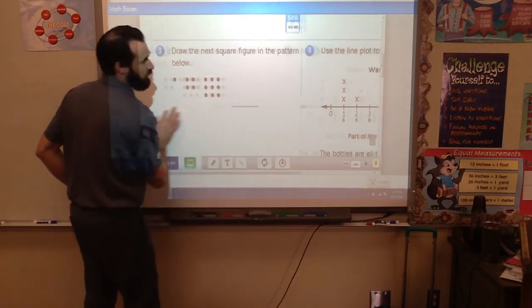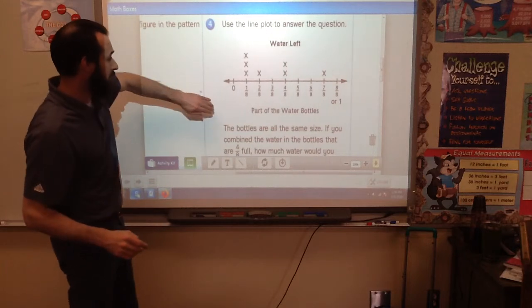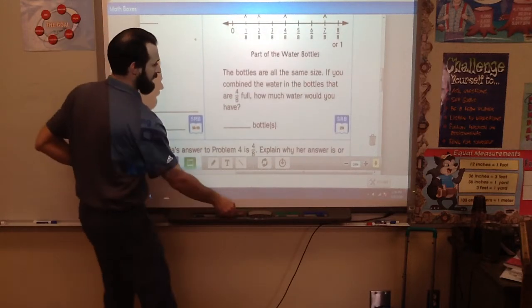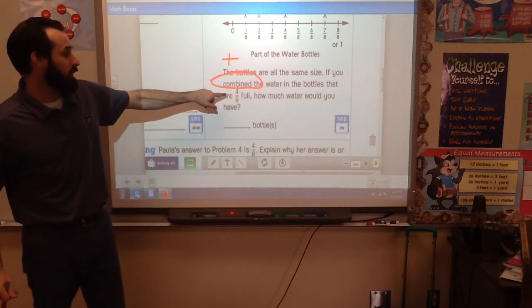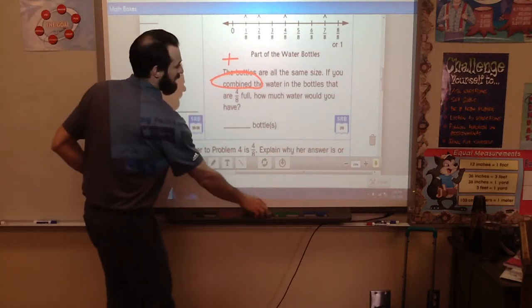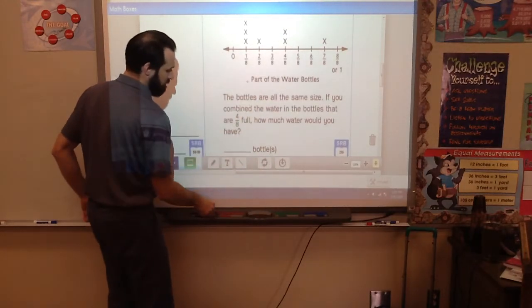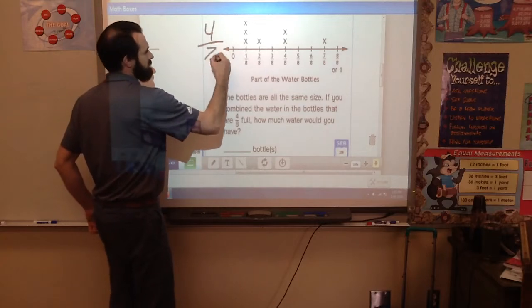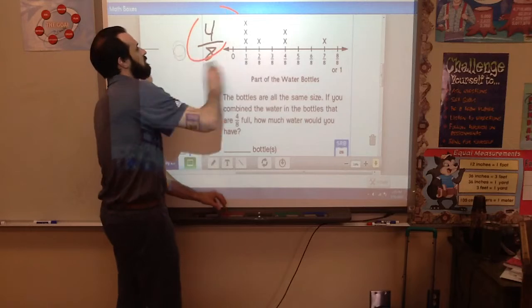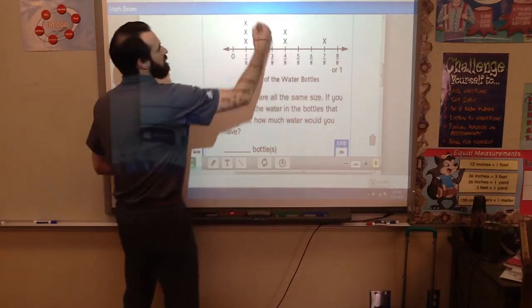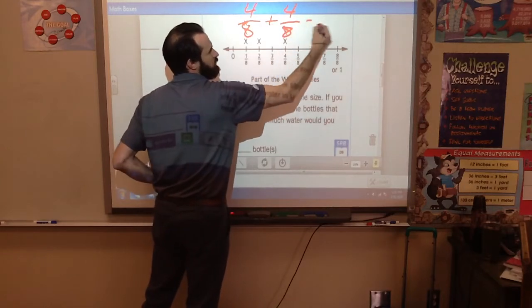Okay, taking a look at problem 4. They want to know if we combined. When you see a word like combined in a math problem, it usually means add, and if we combine all the bottles that are 4/8 full. So when I look at 4/8, I see that there are 2 of them. That would be like 4/8 plus 4/8, which would equal